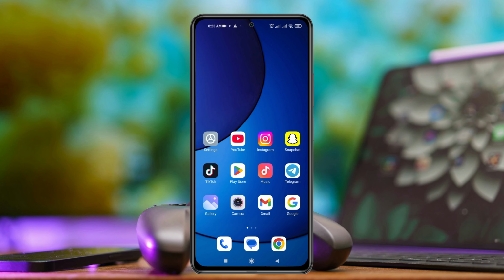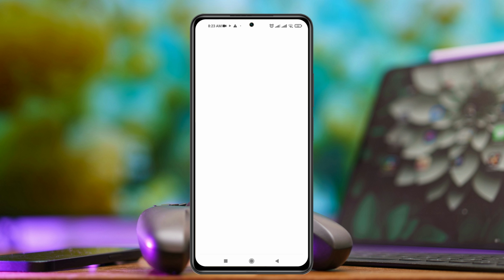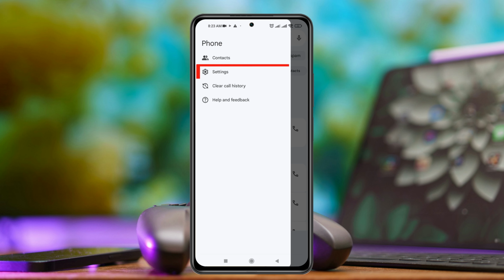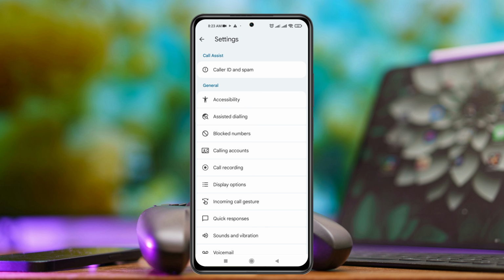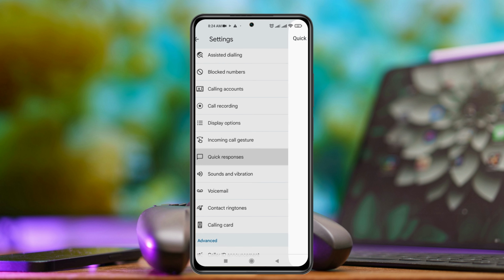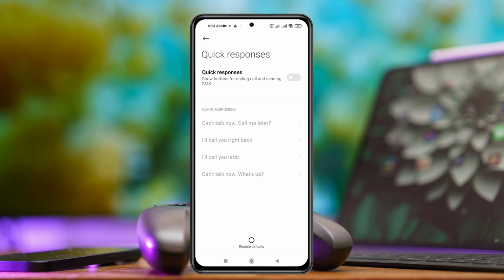Well, so now to enable the quick response, you just need to go ahead and open up the phone application from your Android phone. And from the phone homepage, go and tap on this three-dot line at the top left and then tap on settings here. Now once you're here inside the settings, you just need to scroll down and here you get the quick responses. You just need to tap on this and it is currently turned off, so you just need to enable this